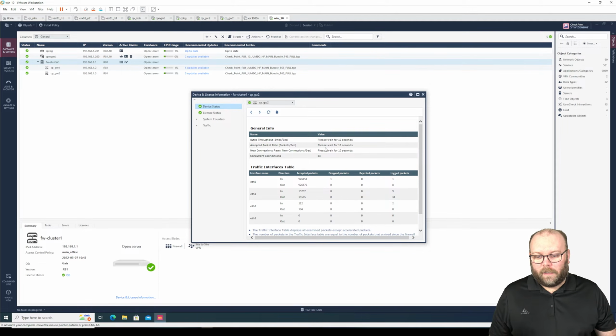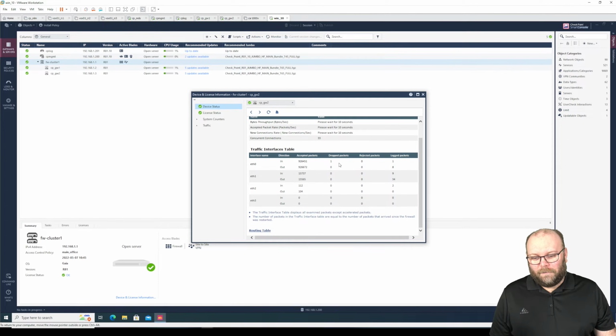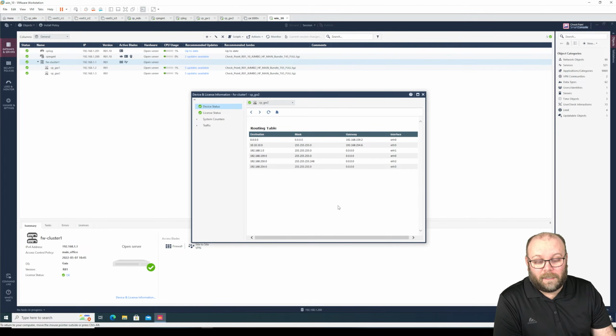So here you have all the traffic counters and so on. This I was aware of. But if you scroll down here, you can actually see the routing table. I wasn't aware that this was present within this tool here. But if you press here, you can see the routing table. And yeah,